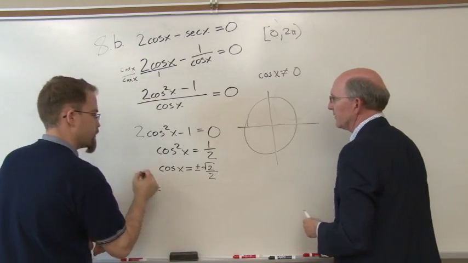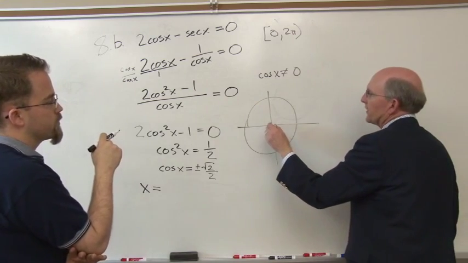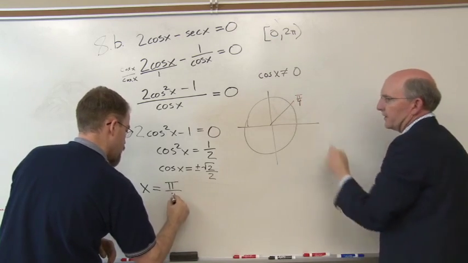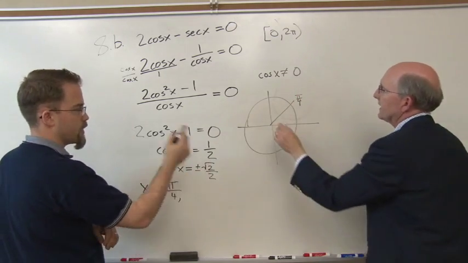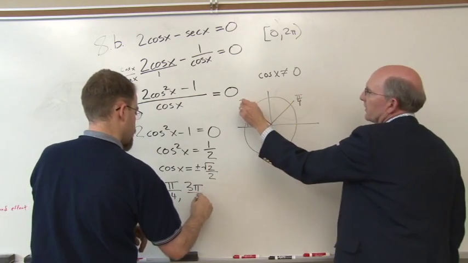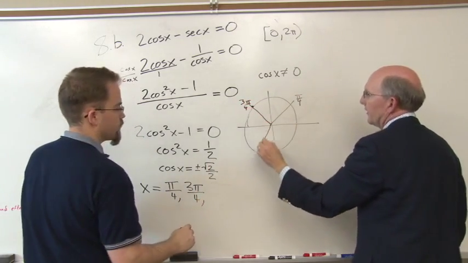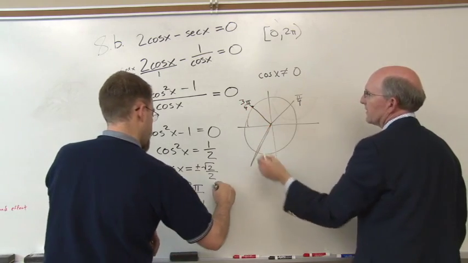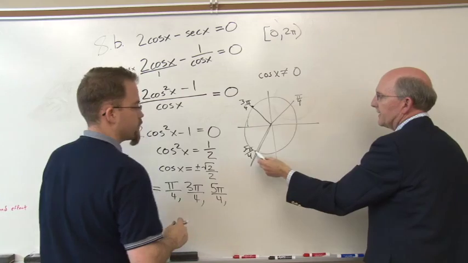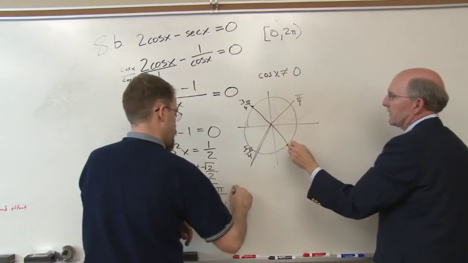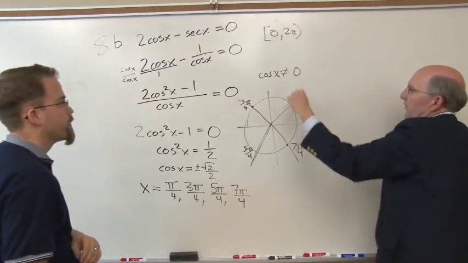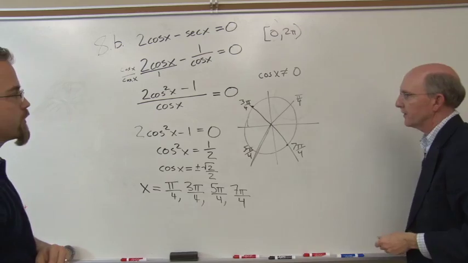Let's see how many solutions we're going to have. In the first quadrant, we have our basic pi over 4, where both sine and cosine are square root of 2 over 2. Same thing in the second quadrant. Now the cosine's negative at 3/4 of pi. We go down to the third quadrant, and we have 5/4 of pi, where cosine is negative, and back to 7 pi over 4. So as we go around from 0 to 2 pi, we've picked up all 4 solutions